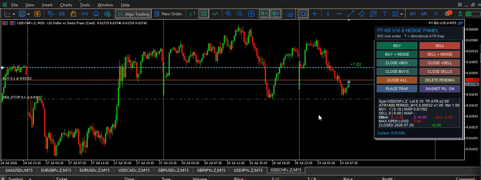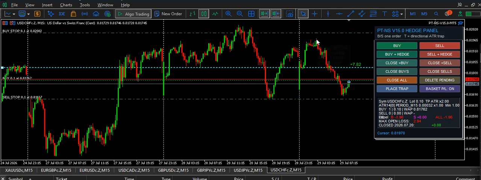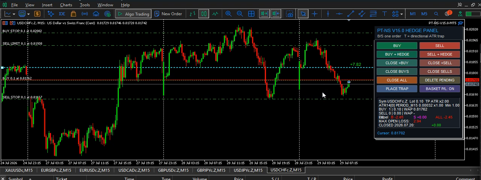The next thing I do, on this high of the day, I would set a trap for if it gets there. So I just put it on there and I press T for trap, and it will automatically put a sell limit and a buy stop. Your risk is only the gaps. If you add that up, if everything triggers, your risk is a gap.